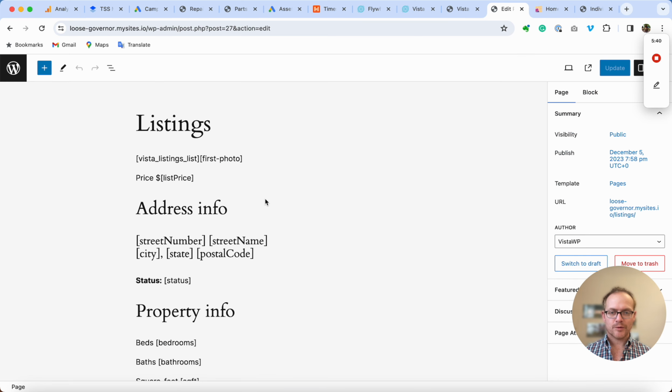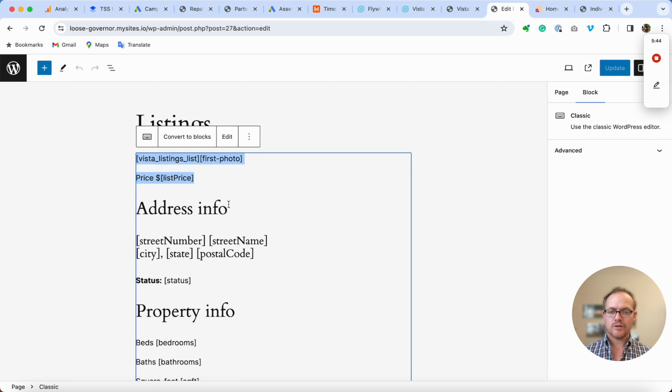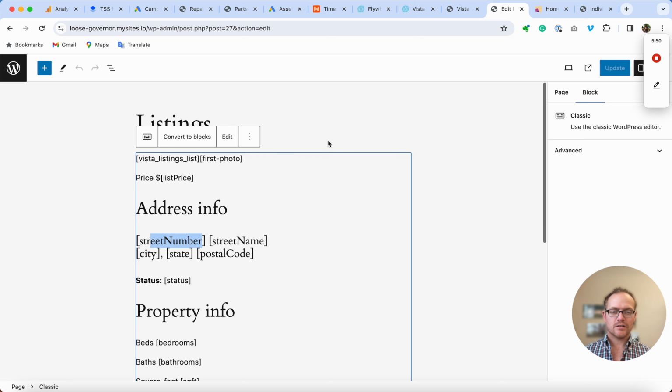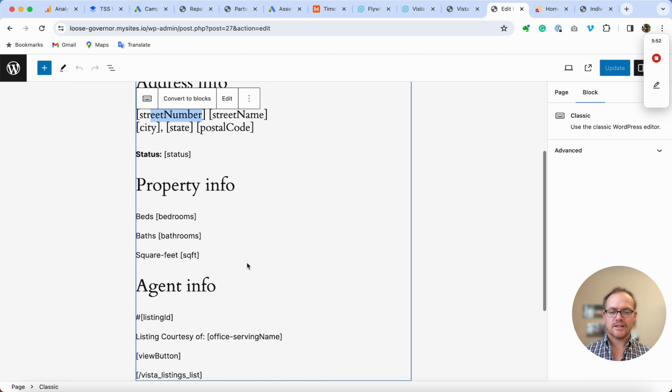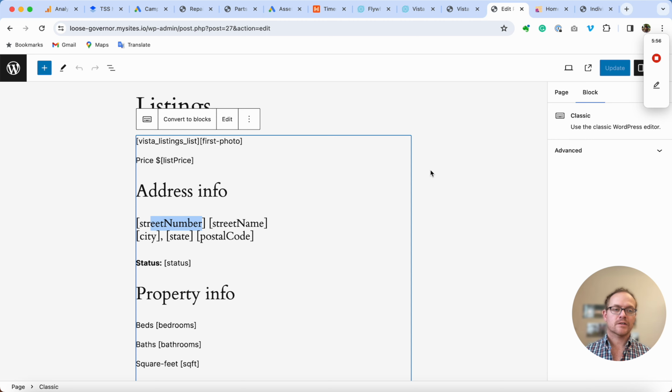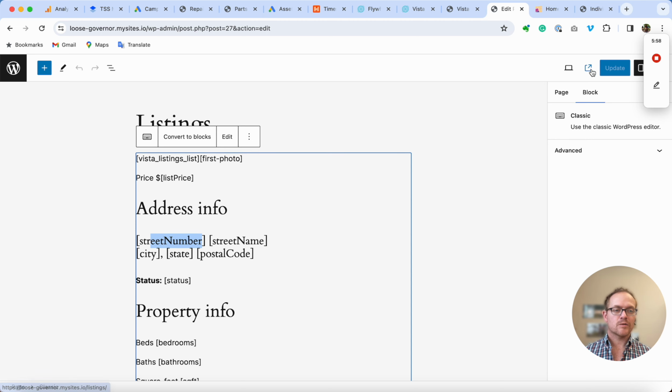These are really simple to begin with. It's just a page with the necessary shortcodes that you need to actually show information. Now you can take these shortcodes and move them into your page builder, and create any design layout that you want. But we started with just showing this. Now if I go view this page,